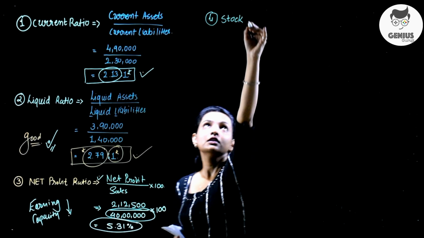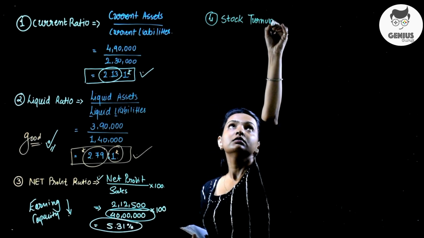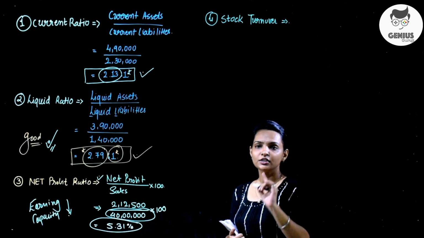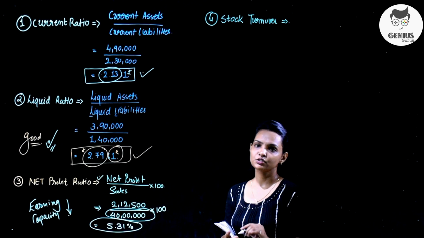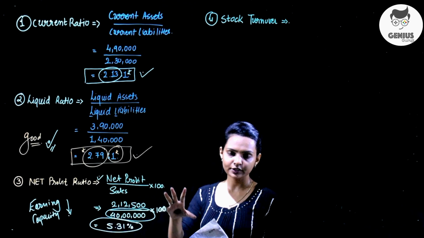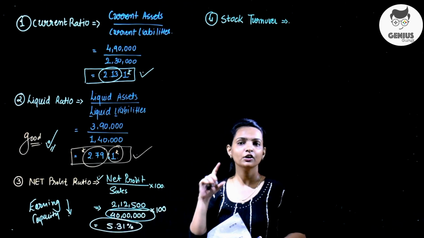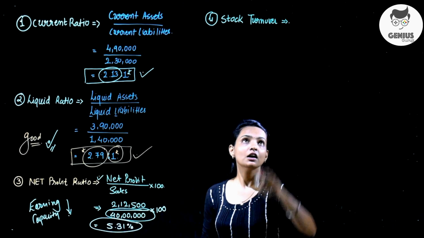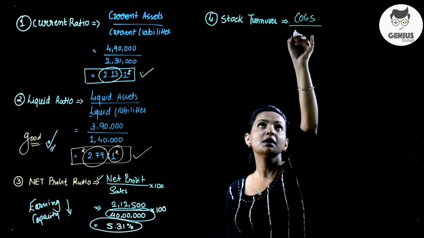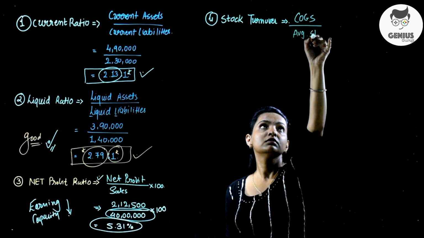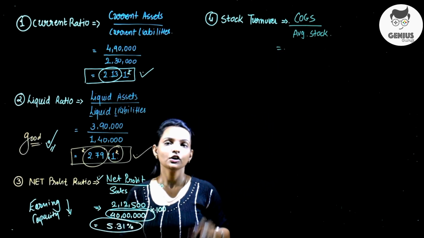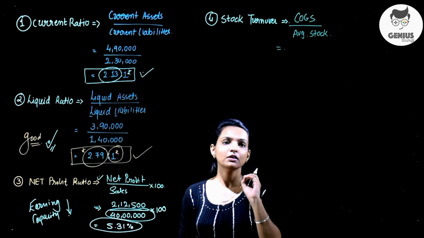Now our fourth ratio is stock turnover ratio. स्टॉक टर्नओवर का फॉर्मूला है COGS divided by your average stock. See your working note number 2. We have calculated for average stock. In that you have answered your average stock is of rupees 1,25,000 and my COGS is compared with it. Now see, in your book they have given the information about COGS.